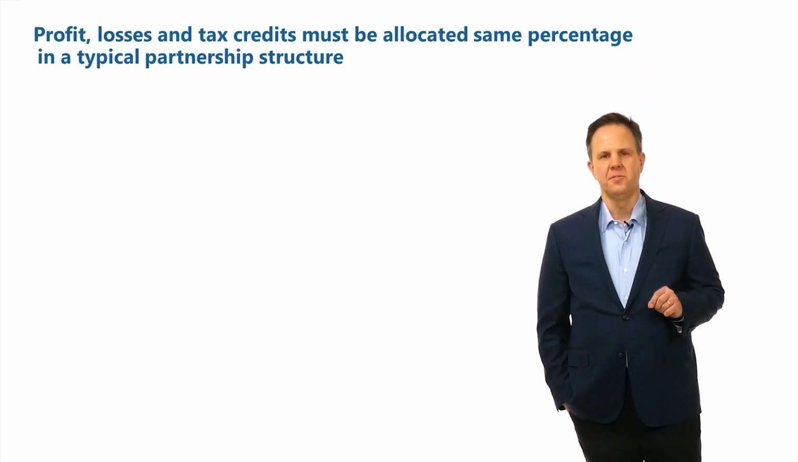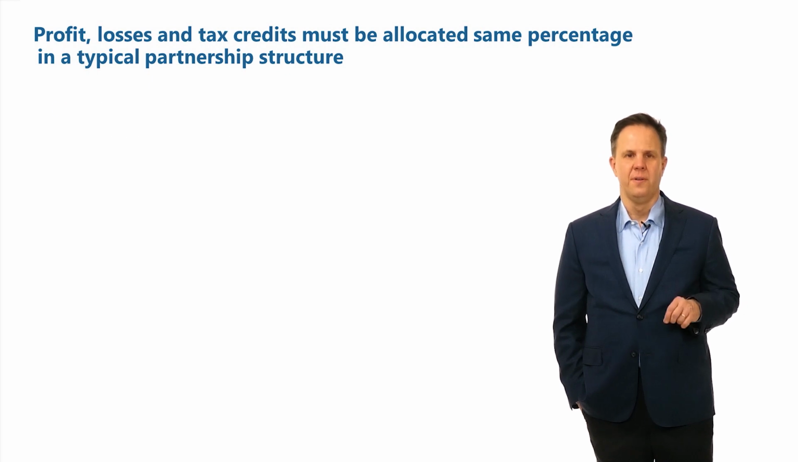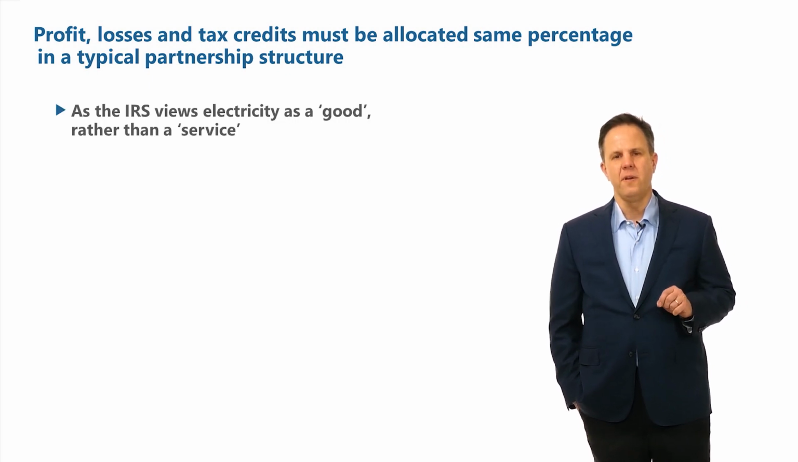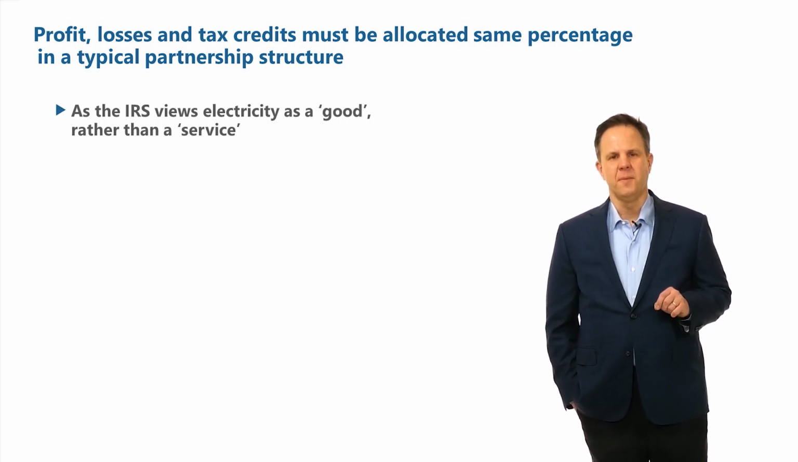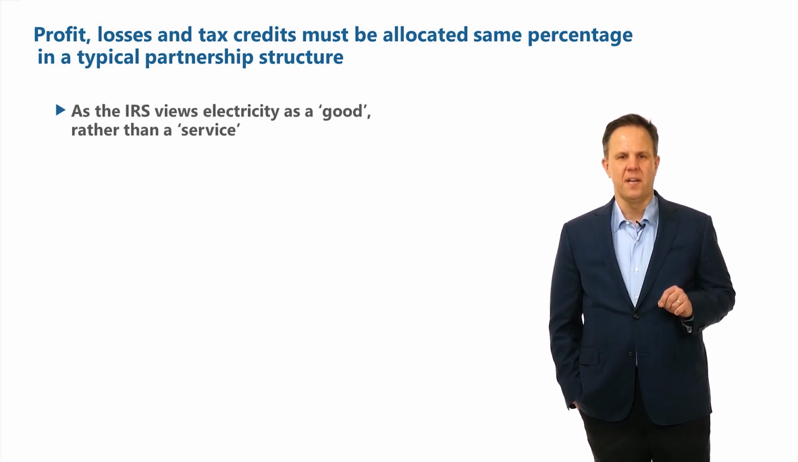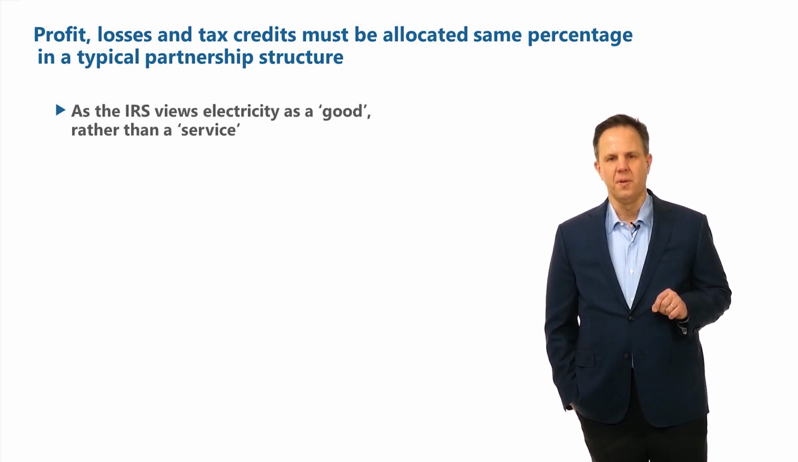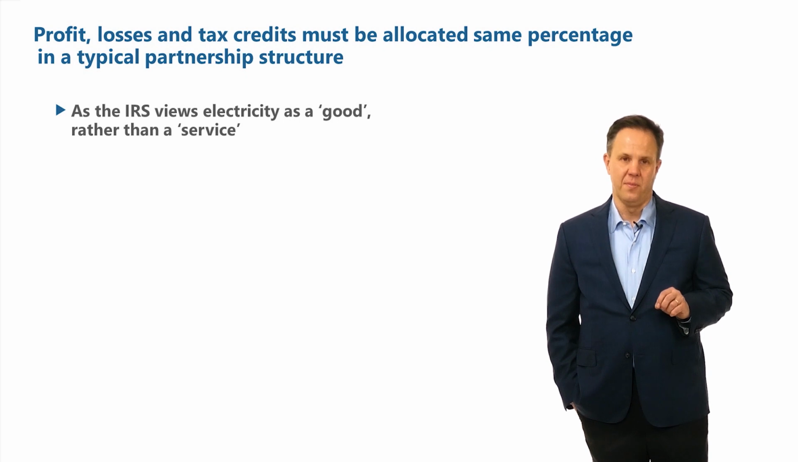The IRS views electricity as a good rather than a service. Accordingly, cost of goods sold accounting must be used, similar to the tax accounting that Ford uses for cars it makes, whereby depreciation is capitalized into the cost of goods sold. This sounds like a mouthful, but it basically means that profit, loss, and tax credits must be allocated in the